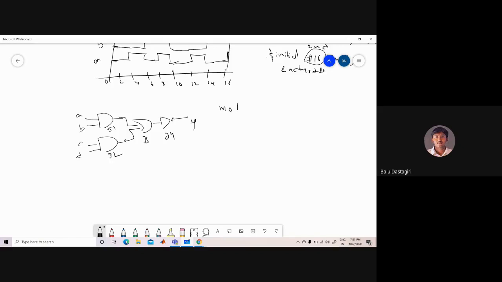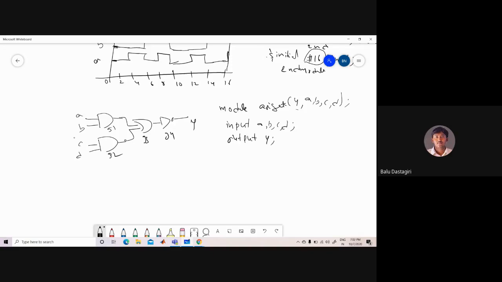Coming to the program, how can you write it? Module AOI gate. The output here is Y. Inputs are A, comma B, comma C, comma D. You remember that the list of port names in the module definition can be inputs followed by outputs or outputs followed by inputs. After that, specify the inputs: input A, comma B, comma C, comma D. After that, output Y.